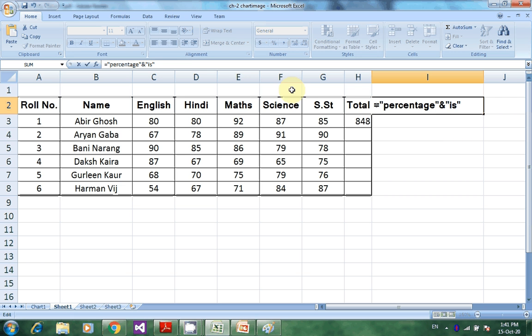So percentage is in the inverted comma, and then ampersand, and is also in the inverted comma, and you have to add these two words, percentage और is, इन दोनों को क्या करना है, हमें ऐड करना है. सो ये कोई नंबर तो है नहीं, दिस इज अ टेक्स्ट, ये टेक्स्ट है. सो वी राइट दिस इन द फॉर्मूला बार. इसे हम फॉर्मूला बार में राइट किया हमने, इक्वल टू परसेंटेज इन द इन्वर्टेड कॉमा, देन एम्परसेंट, एंड देन वी राइट is in the inverted comma, and then we press the